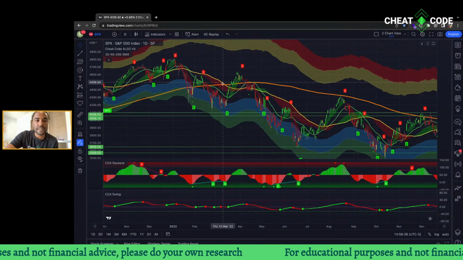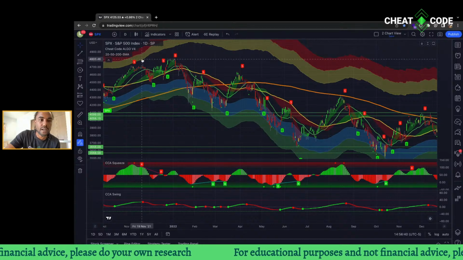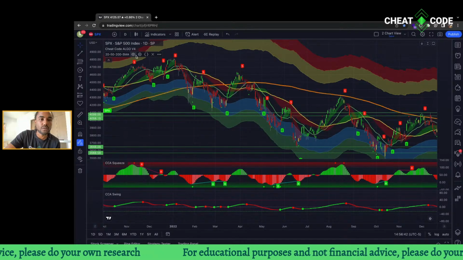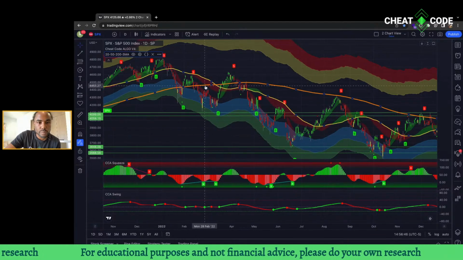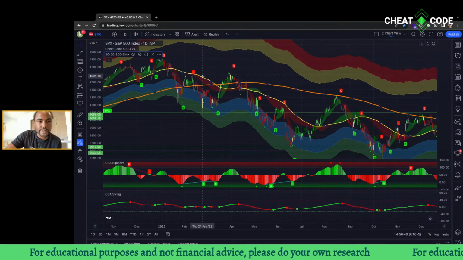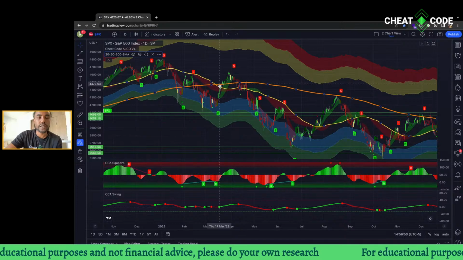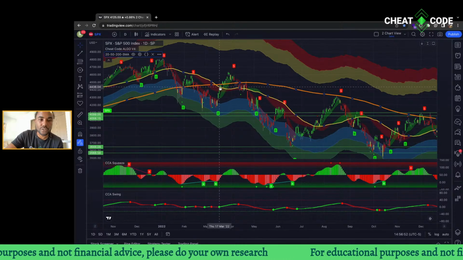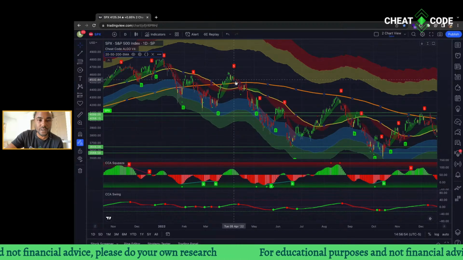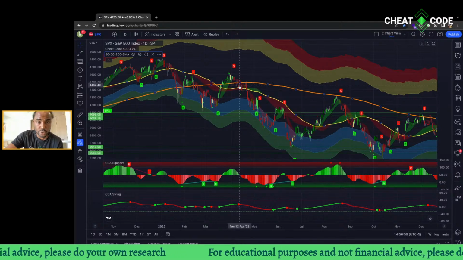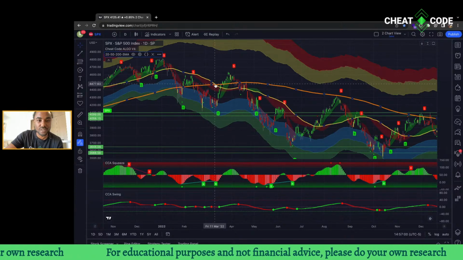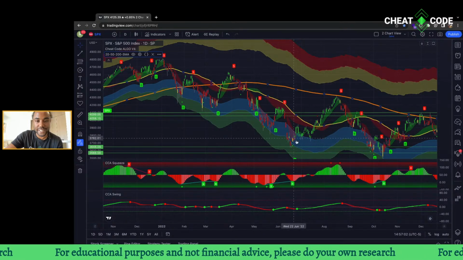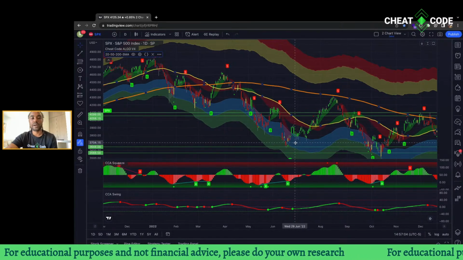So you can see the death cross that happened here on the S&P 500 as well. We'll remove the 20 so you're not confused here. This death cross is the 50 crossing the 200, which is a bearish signal. You can see it tried to reclaim this. Once it rejected this 200, it then rejected the 50. And once you knew that this was already here, it just let all this ride out.